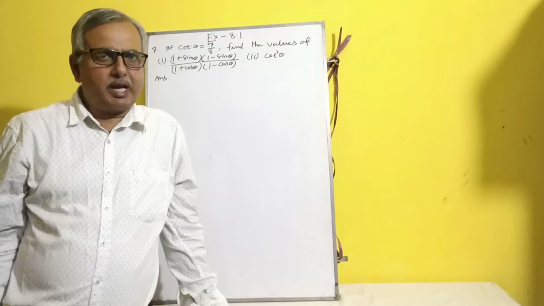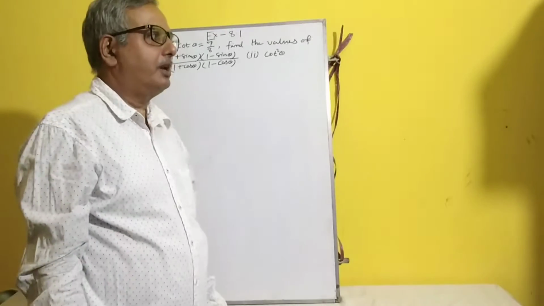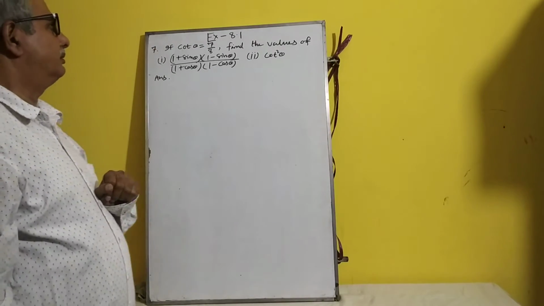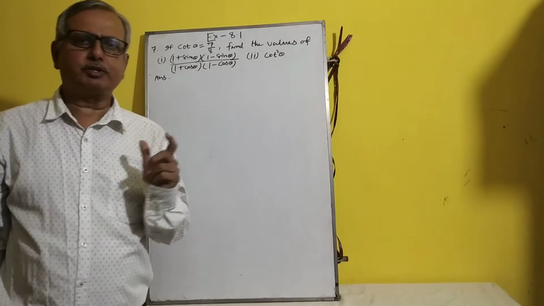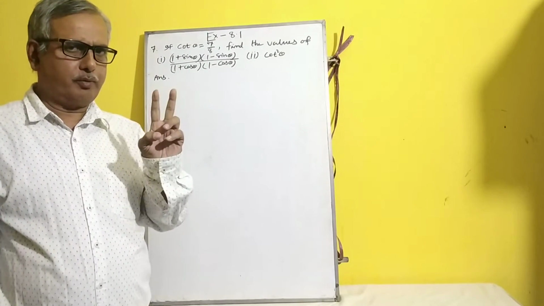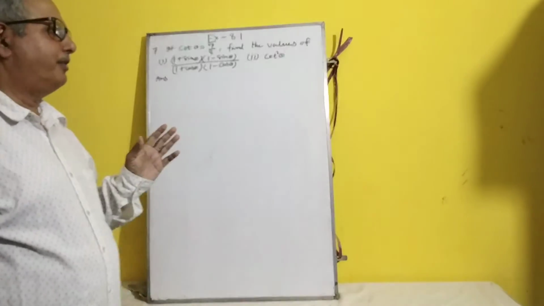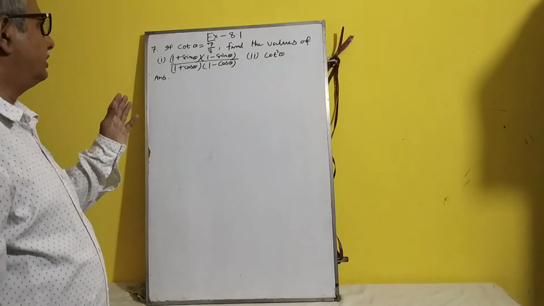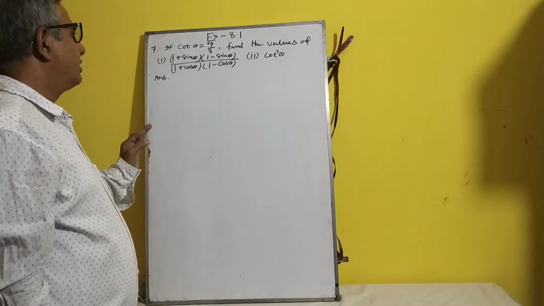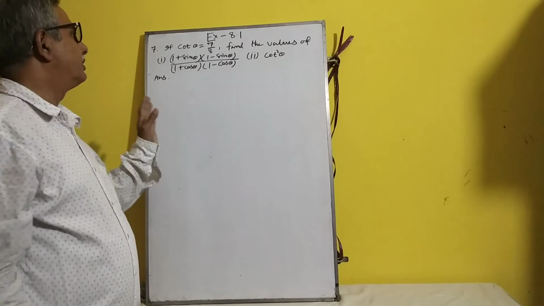The question which I am going to do is from the NCERT book for class 10, exercise 8.1. The name of the chapter is Introduction to Trigonometry. There are two trigonometric chapters in class 10. One is Application of Trigonometry and the other is Introduction to Trigonometry. Here, identities you have to apply to solve the questions.